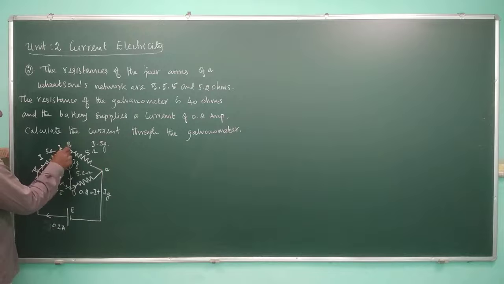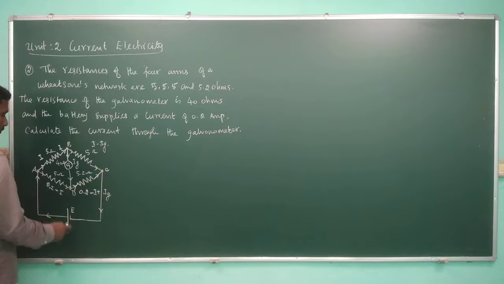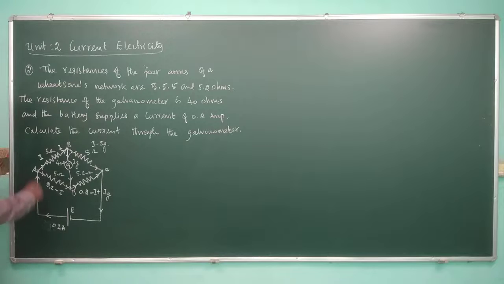Then here a branch coming from point B is also coming, and both are joining at C and it's flowing downwards to reach the point where we have started. So this is the flow chart for the current. Now we are applying Kirchhoff's current law at node A, node B, node D.